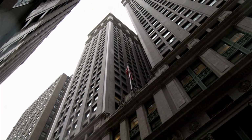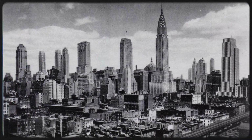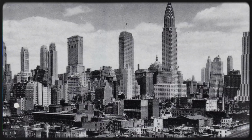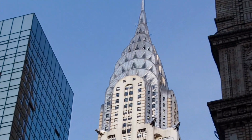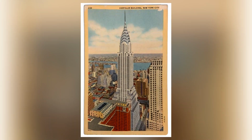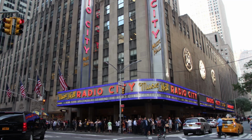One important Beaux-Arts building, the Equitable Building in Lower Manhattan's Financial District, played a key role in starting what became the most iconic era of New York City architecture, the setback style era, which led to the creation of the skyscraper. In 1916, a zoning law was passed requiring buildings to have setbacks to reduce the shadows cast by tall structures. This wedding cake style became very popular from the 1920s to the 1960s and is mostly unique to New York City. Some famous examples of setback-style buildings include the Chrysler Building, Radio City Music Hall, and the Empire